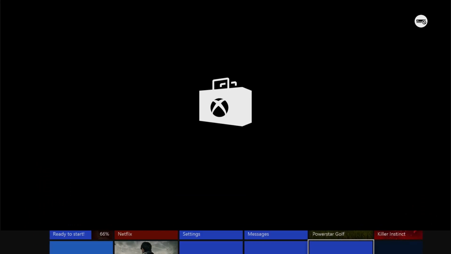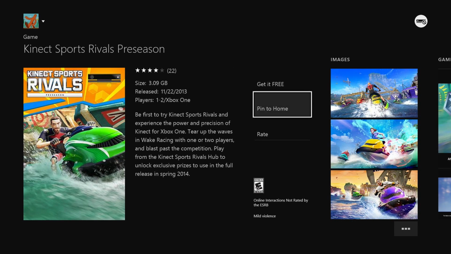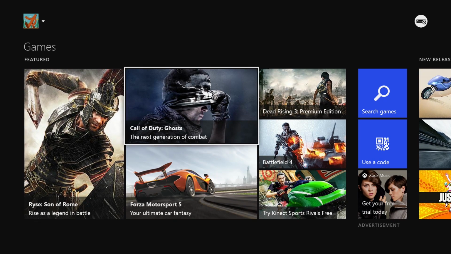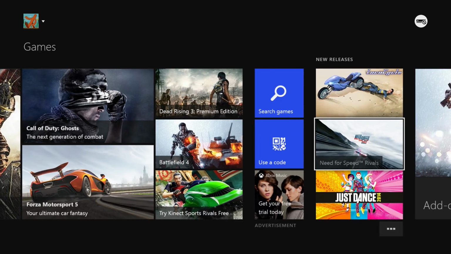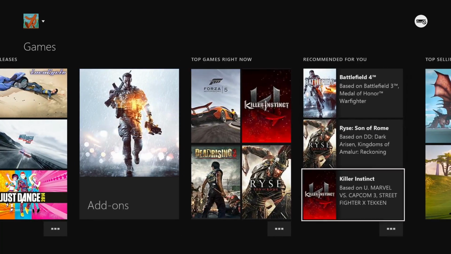If we go to the store, that's going to take us to another new menu. It kind of loads through these layered menus. That's an interesting difference between the PlayStation 4 interface and the Xbox One interface: PlayStation 4 is everything kind of on the main screen. Of course, the store is separate, but I feel like it's a very simplistic layout. This one is much more complex, and I've yet to determine if that's better, worse, more functionality, just more chaos,